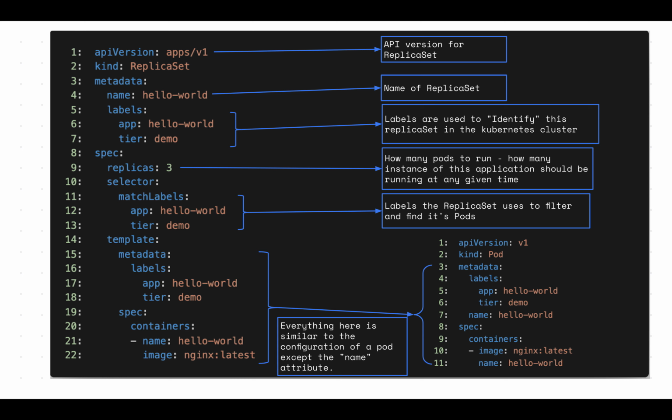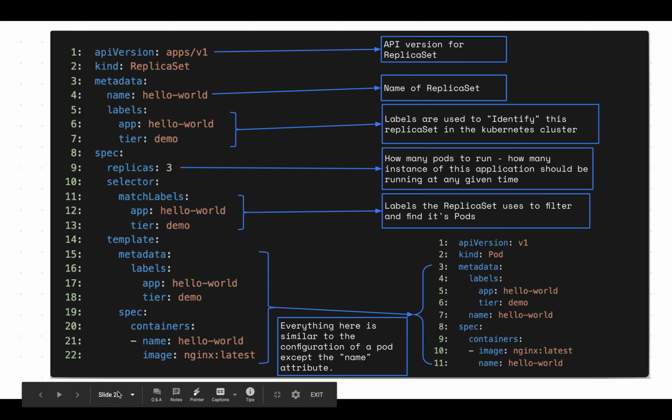The replica set checks periodically if the desired number of pods equals what is set in the configuration file. Now, between line 15 and line 22, you will notice that it is similar to the configuration set for a pod. That's the comparison we're doing here.